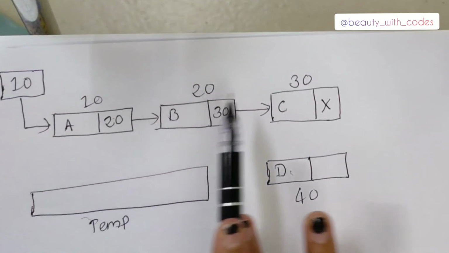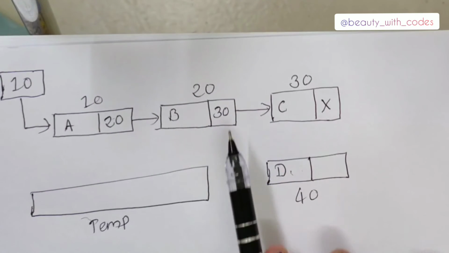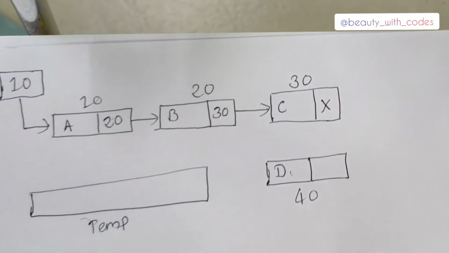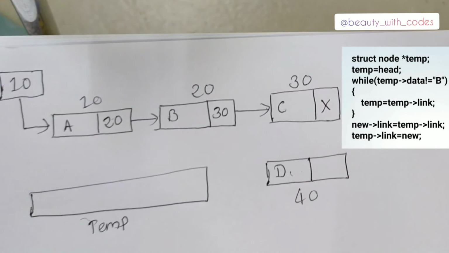So guys, this is our original linked list, that is fine, but now we want this new node D to be inserted after B, after B and before C. So we want D between B and C. So what can we do? For that also we need to traverse, isn't it? We cannot go to B directly. For reaching B we have to go through A, isn't it? So what will we do?